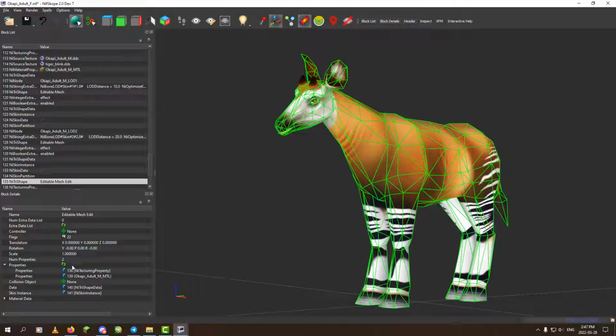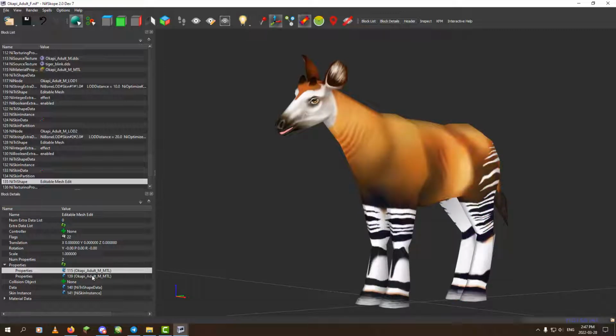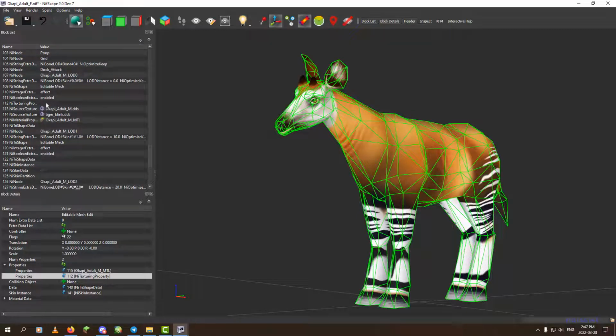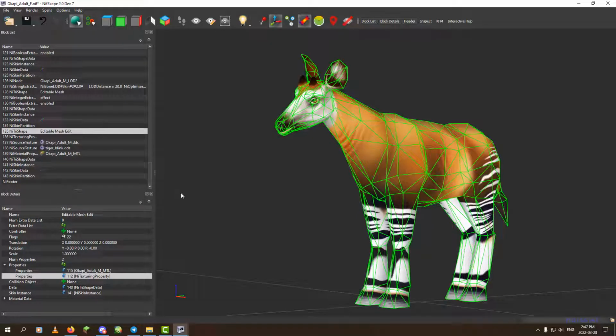Now we're going to go to our pasted mesh, and we want to copy that. So 115, let me make it disappear for a bit, and then 112. And so now it's partnered to the original